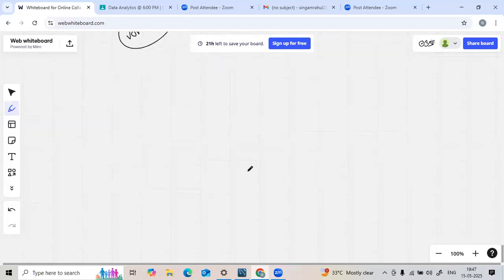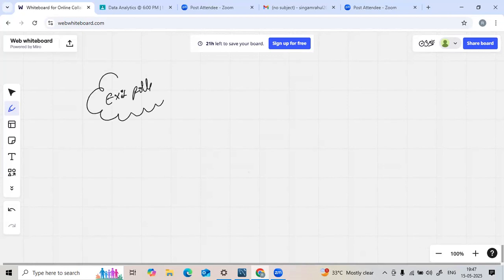For your easy understanding, I'll give you one simple example of why performing analytics on a sample is more interesting and more effective compared to the population. Let's take a simple example: exit polls. Whenever elections and voting are there, exit polls are conducted, even before results have been declared.